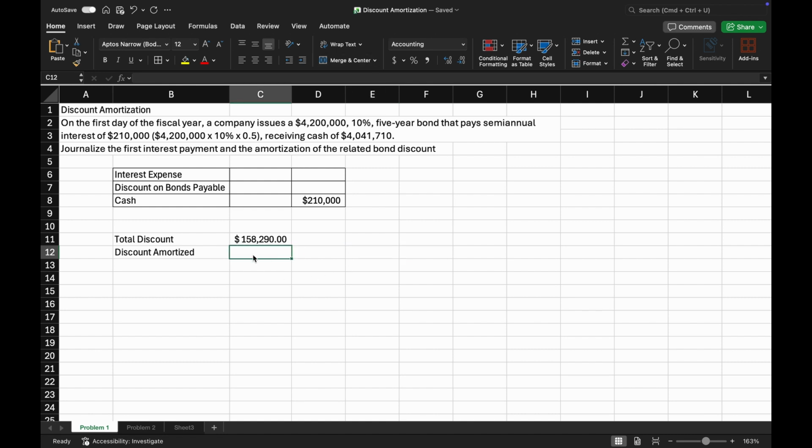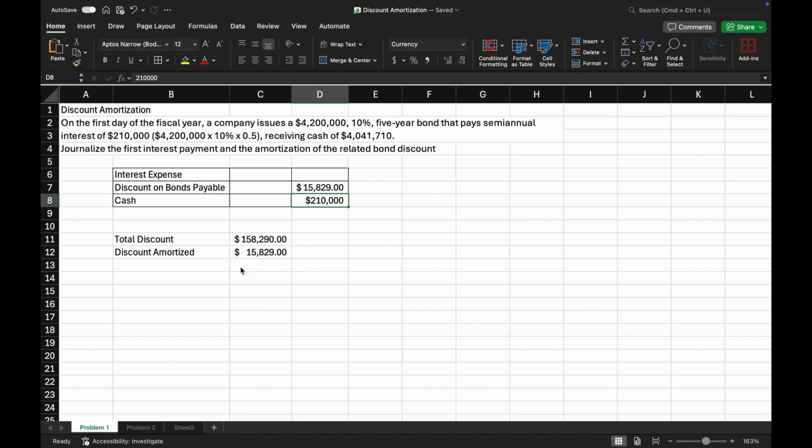The straight line method of amortization, which we are using here, provides equal amounts of amortization over the life of the bond. A 5-year bond that pays semi-annually will have 10 payments. Therefore, we must divide $158,290 by 10, which comes out to $15,829 of amortization each payment. So we can credit this amount to the discount account,